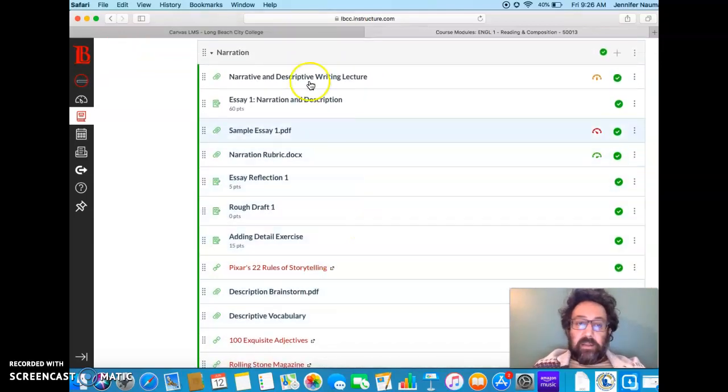Okay, and then the first, let's see, about 6 sections or so are organized around, or actually it's more like 8, are organized around the essays that they are about. So the narrative descriptive essay is under narration. And these are all organized pretty much the exact same way, in that they will start with the lecture. You can see that's the first thing there. So let's see, if we click on that,